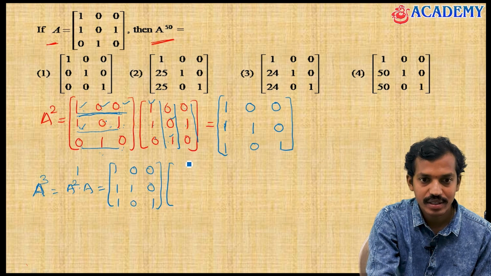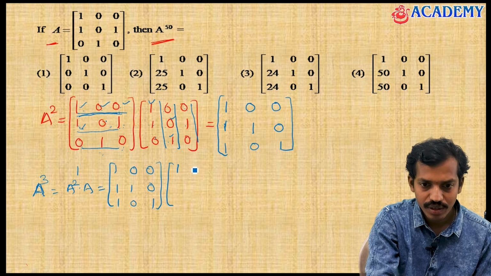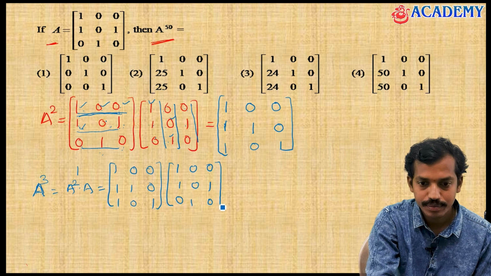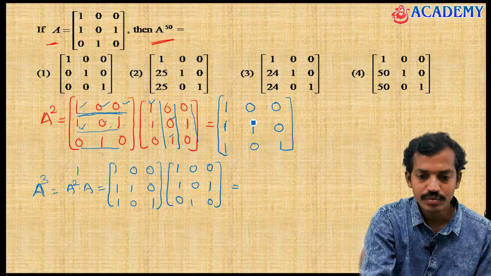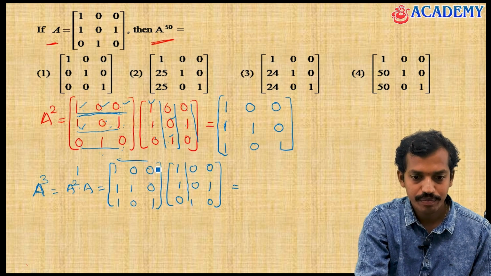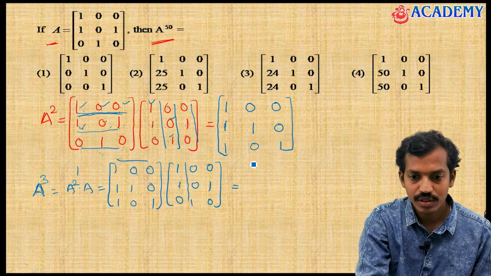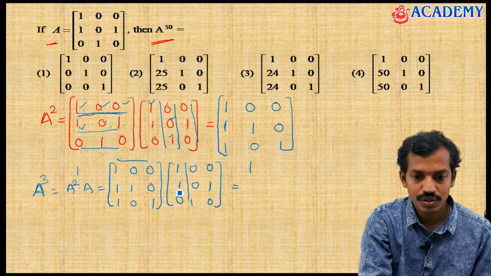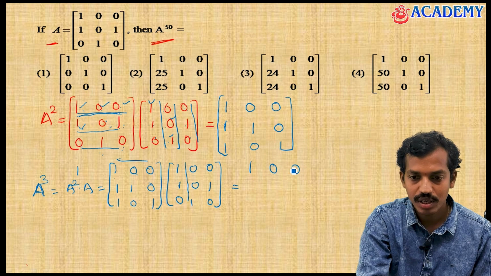Now I am writing A matrix, that is 1 0 0, 1 0 1, 0 1 0, equals to. Now once again, same first row with first column, that is 1 into 1, 1 plus 0 into 1, 0 plus 0 into 0, 0, you are going to get 1 here. Next 1 into same 0, 0 into 0, 0 into 1, 0, you are going to get 0. 1 into 0, 0 into 1, 0 into 0, 0, that third element is going to be with